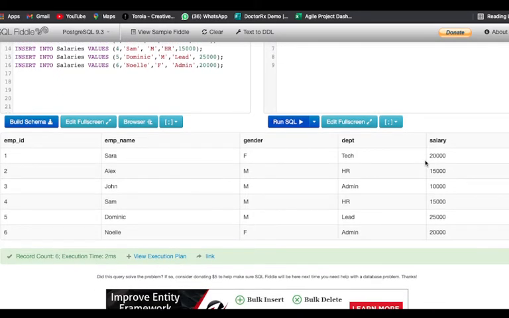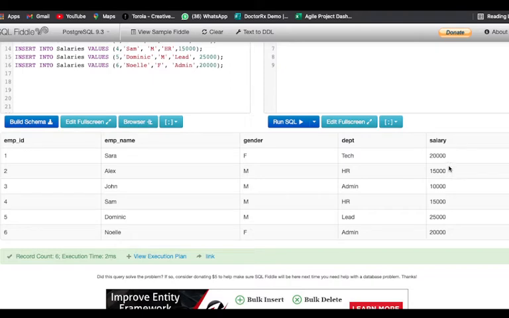Now what is basically cumulative sum, or some people also like to call it running total? So we have 20,000 as our first salary. The cumulative sum for the second row will be 20,000 plus 15,000. The cumulative sum for the next row will be 20,000 plus 15,000 plus 10,000.